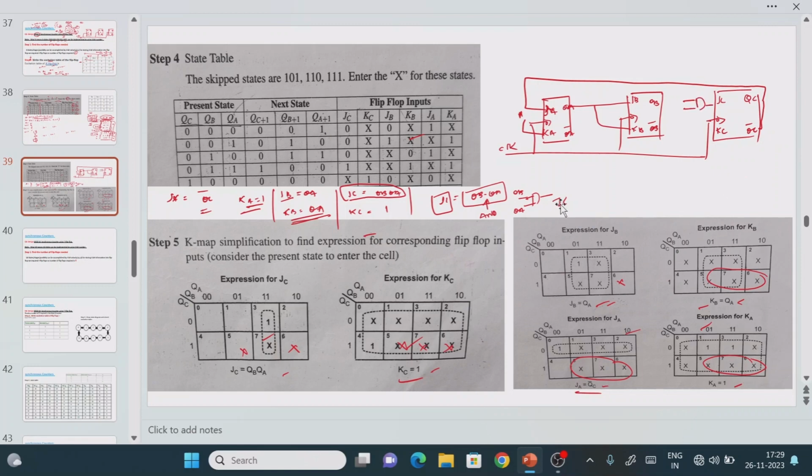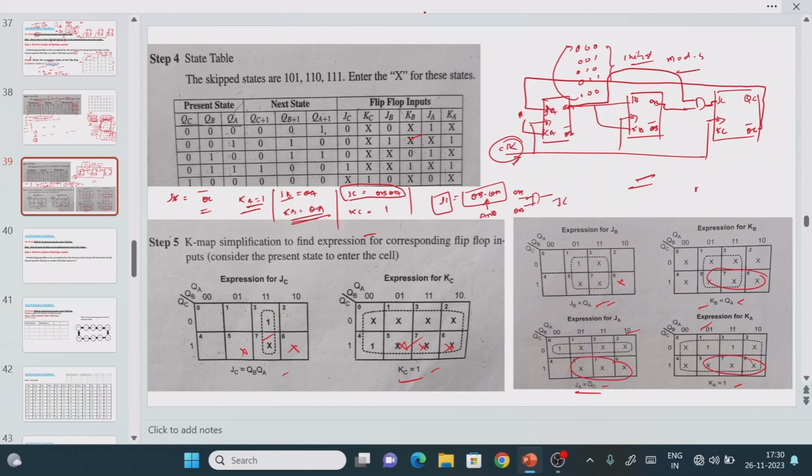Now see what is this output terminal name? JC, right? I am going to connect this output terminal to JC. Now what are the input terminals? QB, QA, right? So here we have the QB. I am going to connect this as one input terminal, QB, and the other input terminal to QA. That's it. This is our circuit diagram. So the moment you apply the clock pulse, it will automatically count 000, 001, 010, 011, 100. 5 counts completed means again it will go to the initial position. So this is what we call the mod 5 counter.